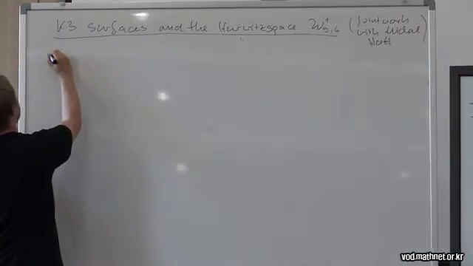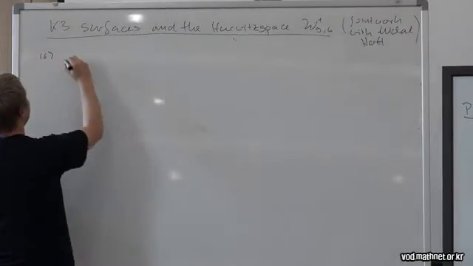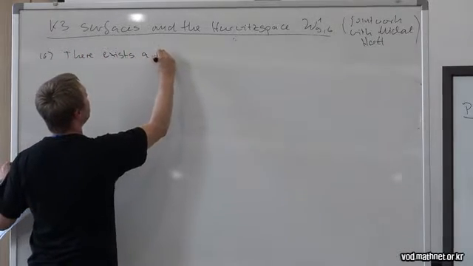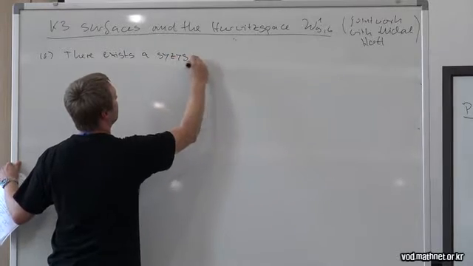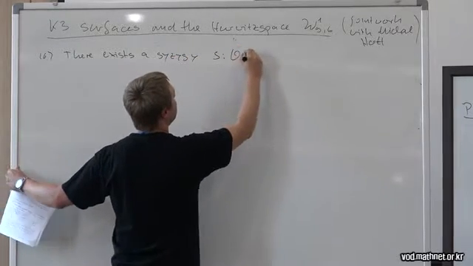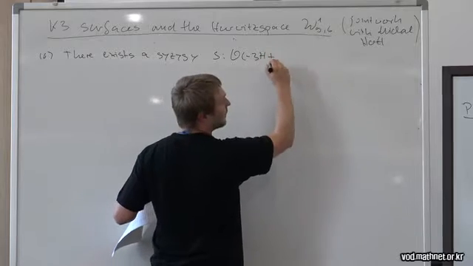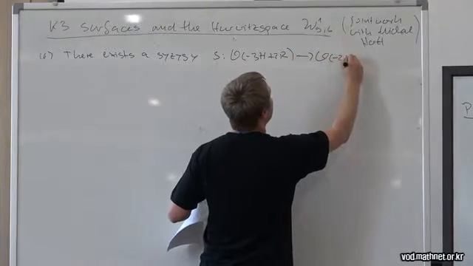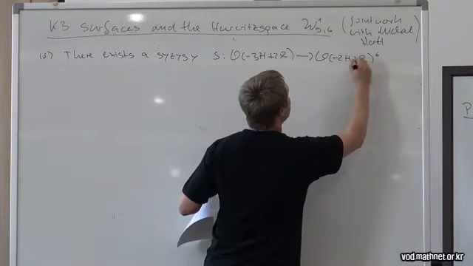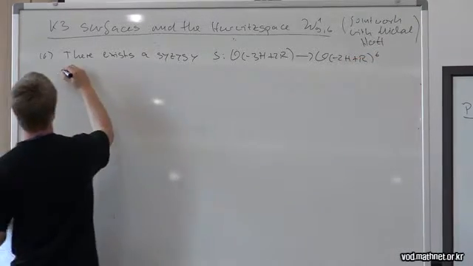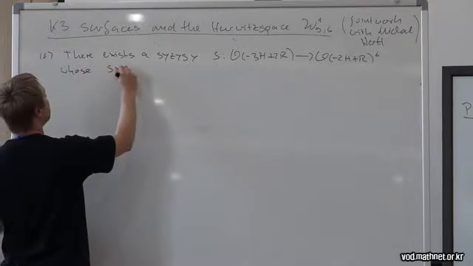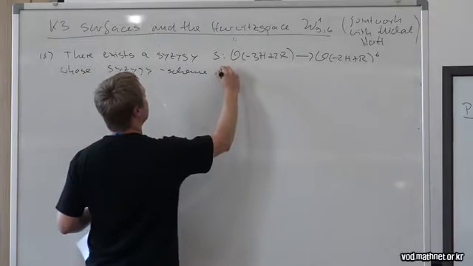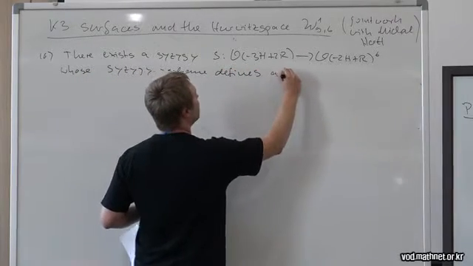So the statement is the following. There exists a syzygy, let's call it S, from O minus 3H plus 2R to O minus 2H plus R to the 6, whose syzygy scheme defines a K3 surface